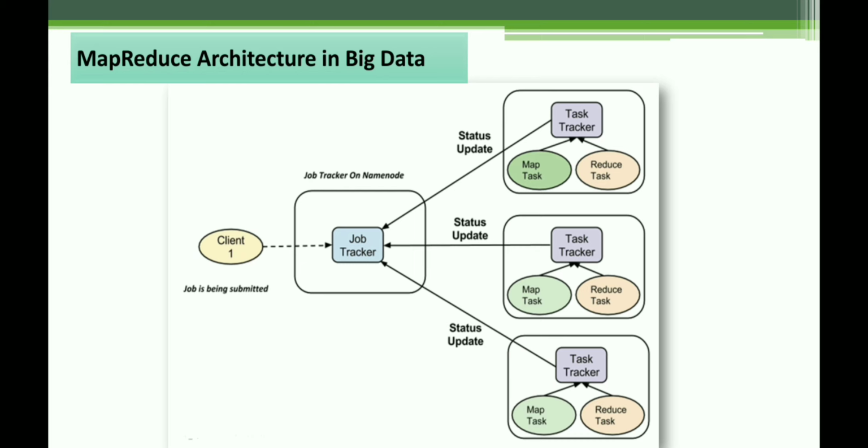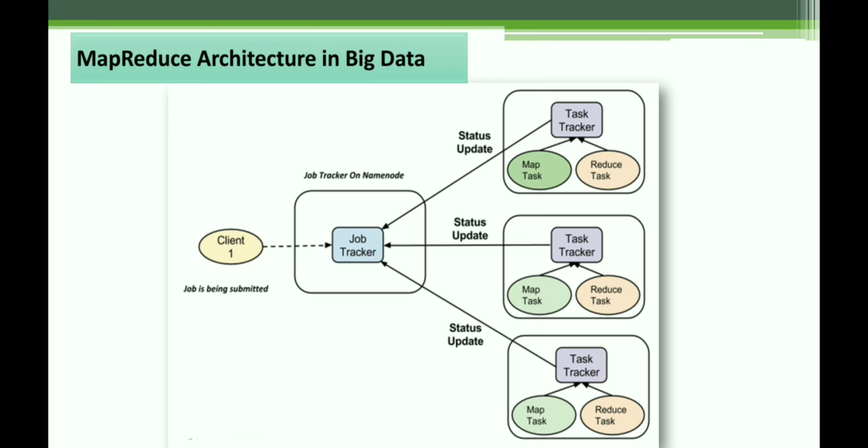Then we see the architecture of MapReduce in big data. MapReduce architecture consists of various components. A brief description of these components can improve our understanding of how MapReduce works. First component is a client. This is a program or application programming interface that submits jobs to MapReduce. MapReduce can accept jobs from many clients. Then job. This is the actual work that needs to be executed or processed. Then task. This is a piece of the actual work that needs to be executed or processed.